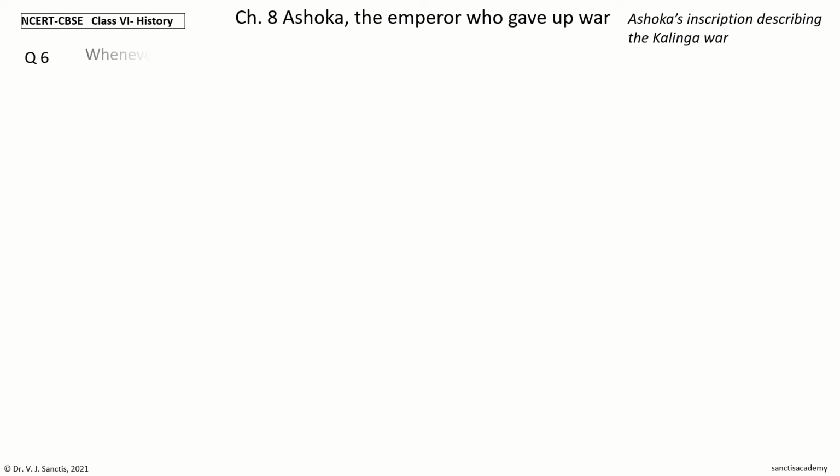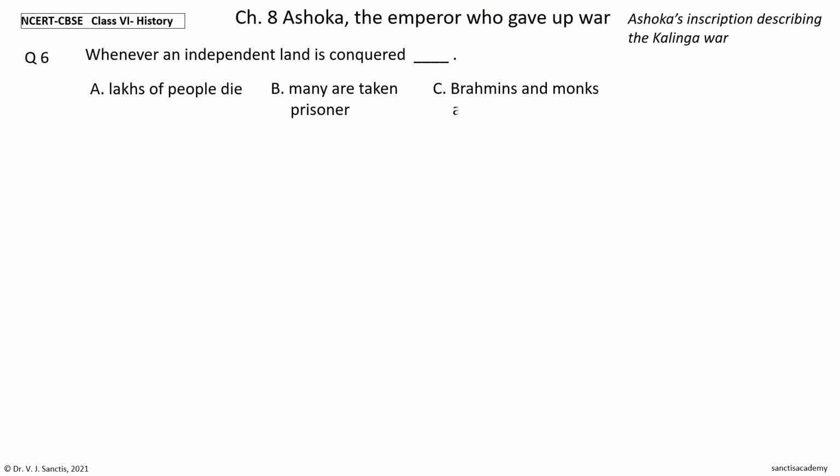Next question 6. Whenever an independent land is conquered dash. The options are lakhs of people die, many are taken prisoner, Brahmins and monks also die, all of these. Your time to choose. And the answer is all of these. So, whenever an independent land is conquered, lakhs of people die, many are taken prisoner, and Brahmins and monks also